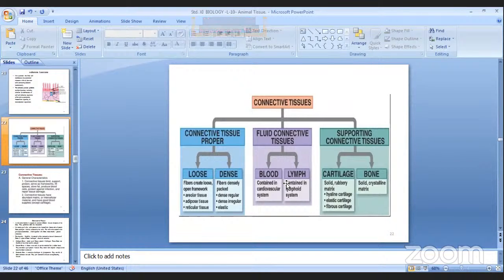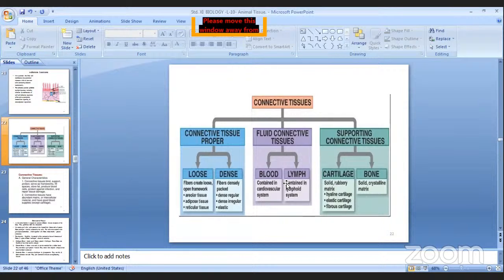That means here they are loosely connected. The cells are loosely connected to each other. They have fibers in between, the fibers which form the loose connection. Okay. Dense means they are compactly packed. The fibers are packed up, and this forms the dense type, it can be either dense regular or it can be irregular type also, or